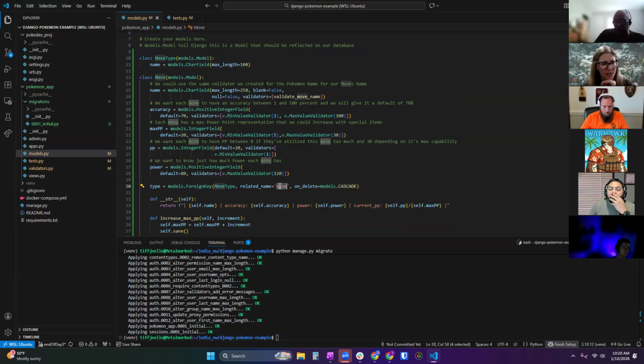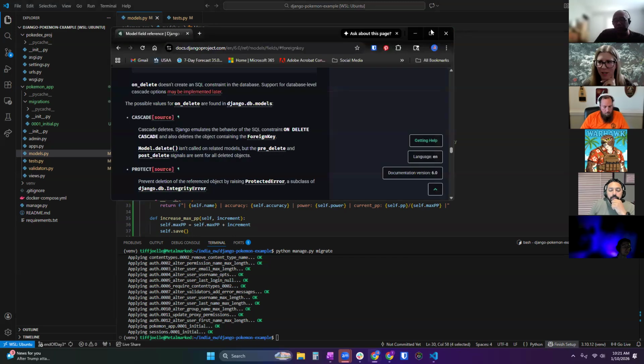Type dot move dot all. Dot all is the one that will grab you multiple different values. But if the field only has one value, you can access it directly without doing a dot all. That might not make much sense, but I want to save y'all time to look into it.